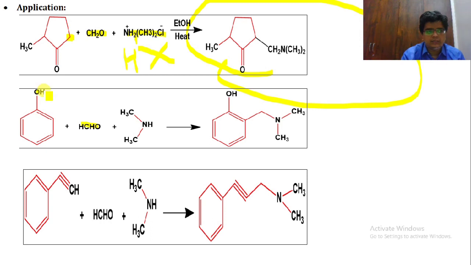So now what will happen? This OH group, okay, so here we are having hydrogen, oxygen from here and hydrogen from here. So hydrogen from here, oxygen from here and hydrogen from here, H2O will be released. So here we are having a CH2 group from the formaldehyde and nitrogen and CH3. So now this is our Mannich base. Again, if we are having acetylene compound, that is benzene, and here we are having C triple bond CH. Okay, hydrogen from here, oxygen from here and hydrogen from here, H2O will be removed.